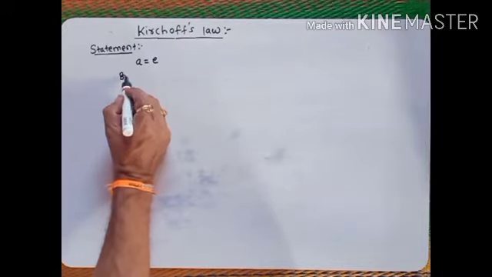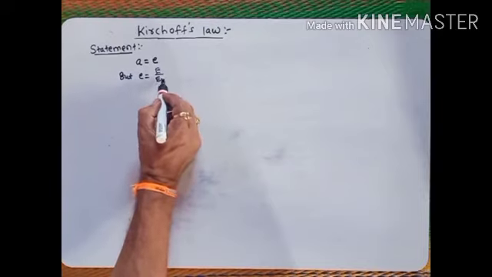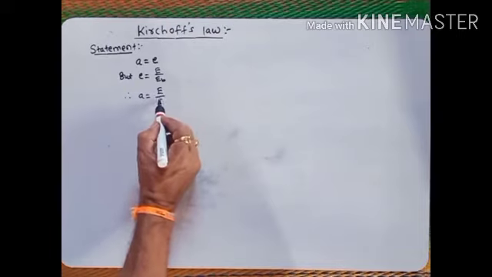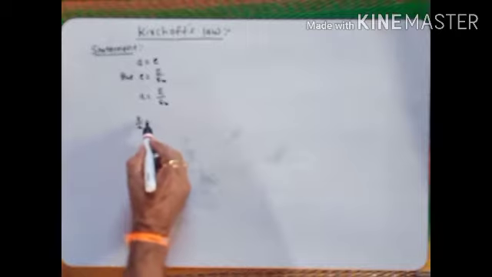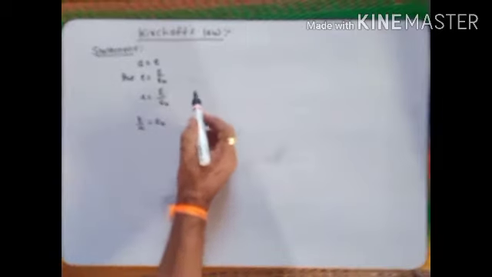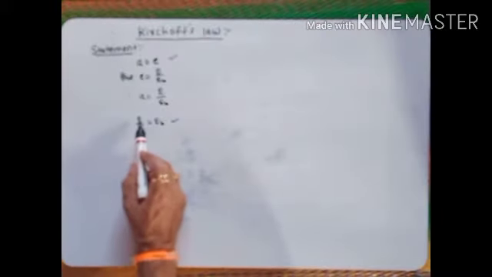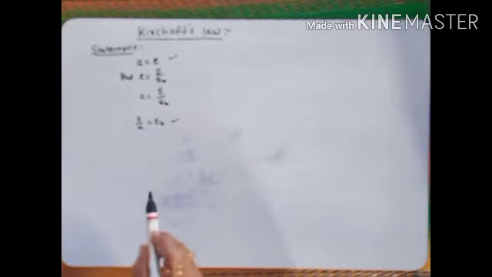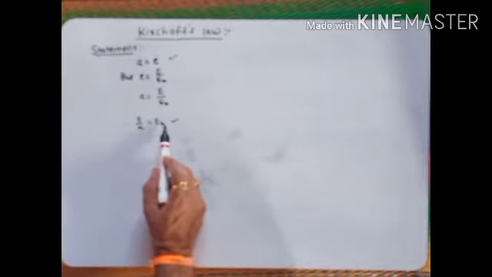Now we will write here, small e is equal to E upon EB, and therefore a is equal to E upon EB, and therefore E upon a is equal to EB. This is the second statement. This is the first and this is the second statement. That means the ratio of emissive power E to the coefficient of absorption small a is the same for all bodies at a given temperature and is equal to the emissive power of a perfectly black body.